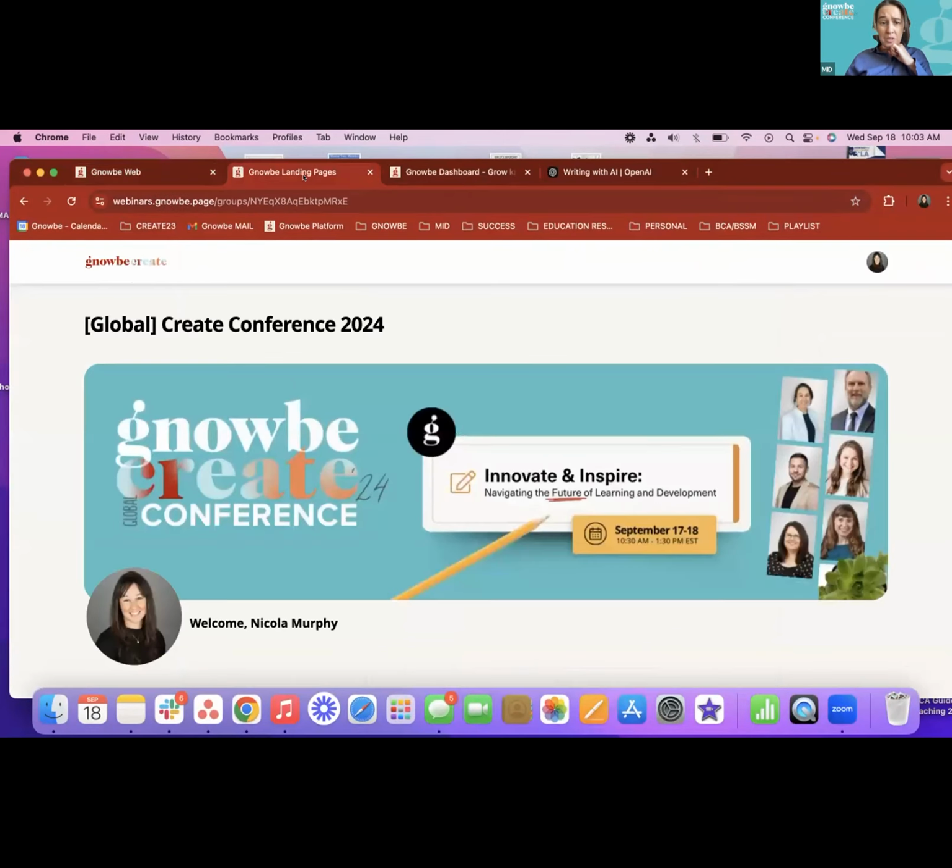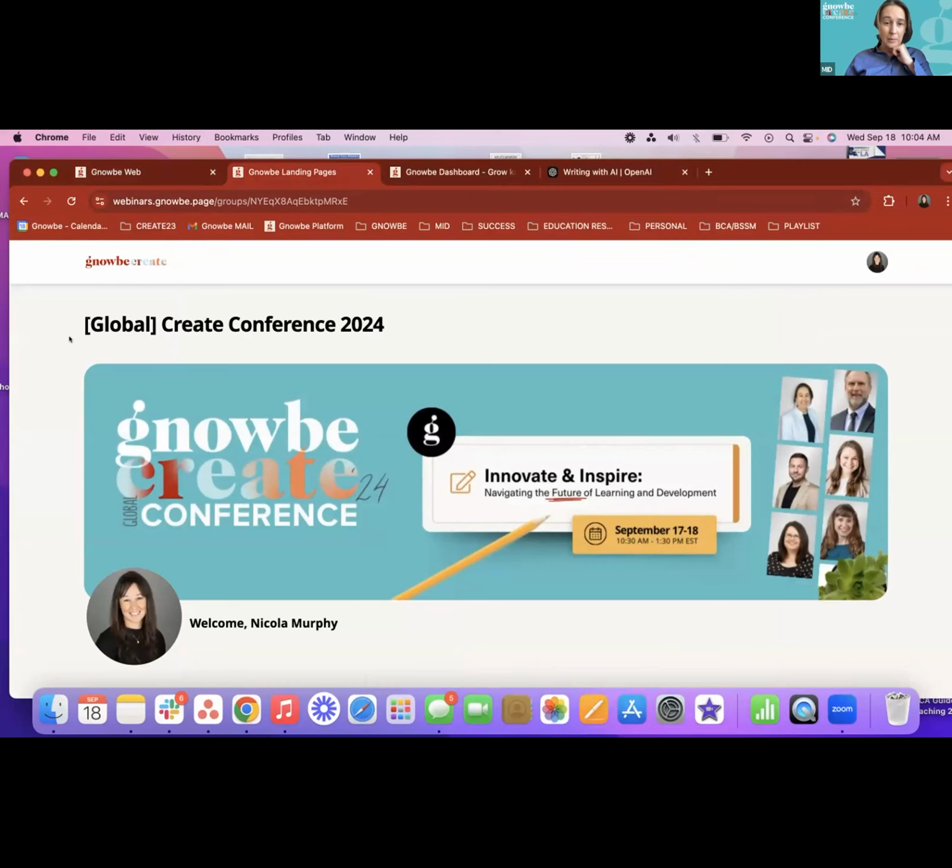Now, you'll be familiar with this page because you would have seen it when you jumped straight onto Gnowbe if you're a first time user, or if you're an existing client, you'll go, oh my gosh, this is exciting, I have never seen this before. I wanted to show what it looks like on the front end, but then I want to take you to the back end so you can see just a tiny taste of how you could leverage this